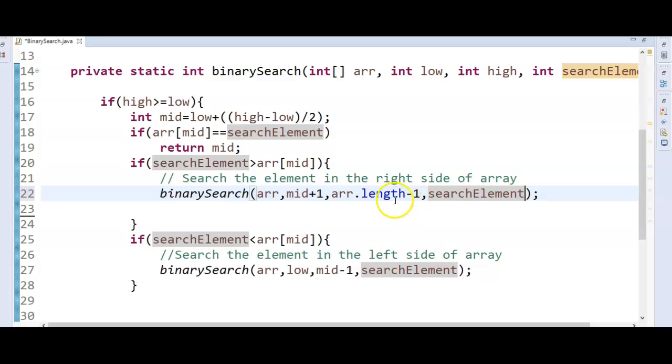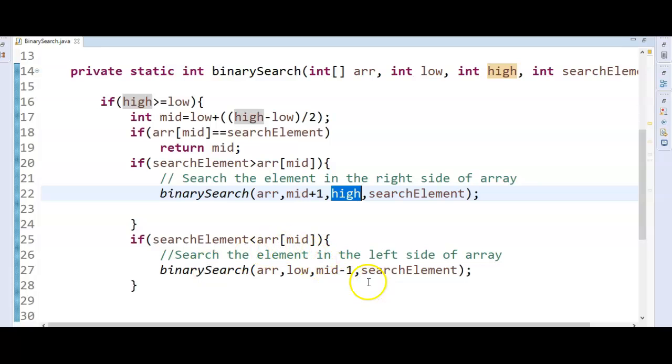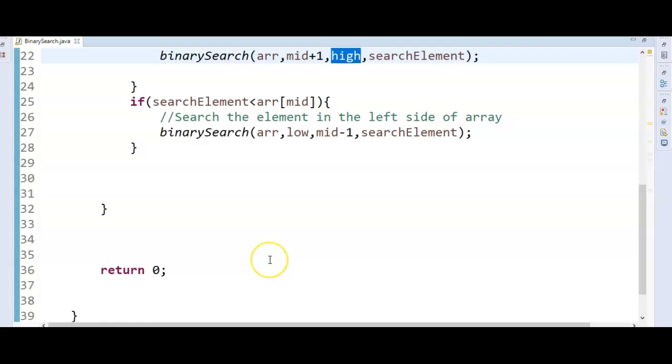or just say here high. This array dot length minus 1 is nothing but high, so I'm just simply replacing this with high. Why? Because it is mid plus 1 to the high, or low to the mid minus 1. So this is how the program looks.